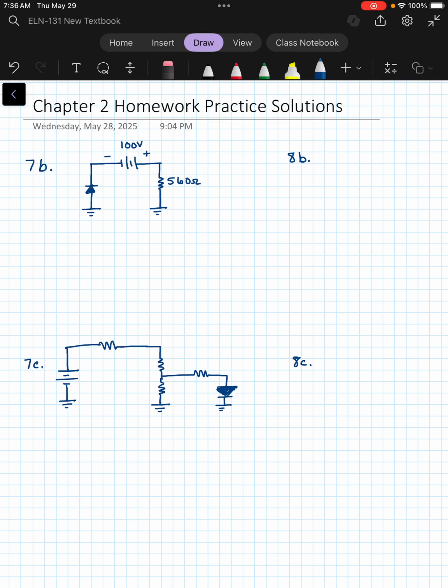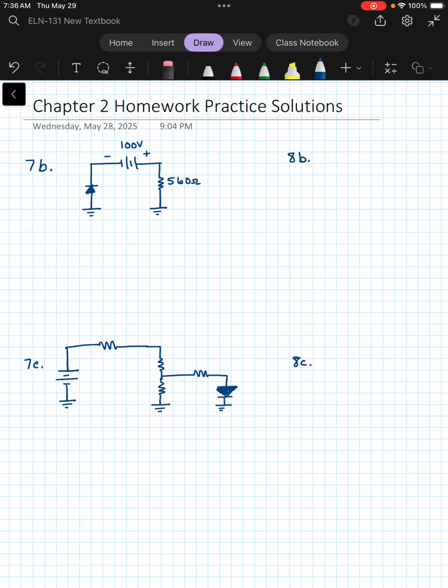These are basic diode problems and half and full wave rectifier problems. Okay, so for 7b and 8b, these are both regarding the same circuit diagram, so I'm going to work them